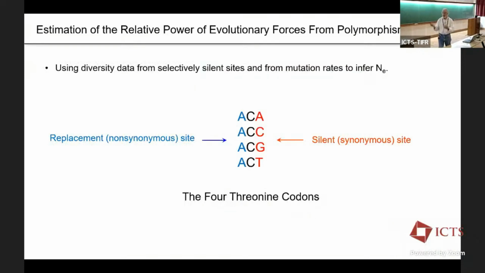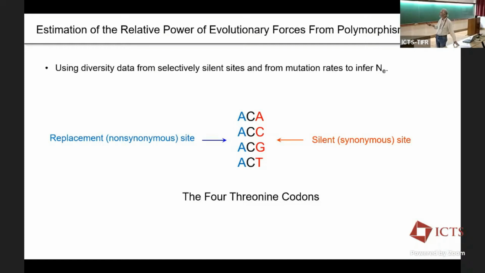So I've been referring to standing levels of variation, and so we want to make the link here. We actually use standing levels of molecular polymorphisms in populations as one way to estimate the effective population size. And a gift from the gods to us is there's, I think, 7 amino acids that, due to the redundancy of the genetic code, in the 4th position can accept an A, C, G, or a T. That's all the letters we have in our DNA vocabulary. And you still get a threonine in this particular case. So those are called silent sites or synonymous sites.